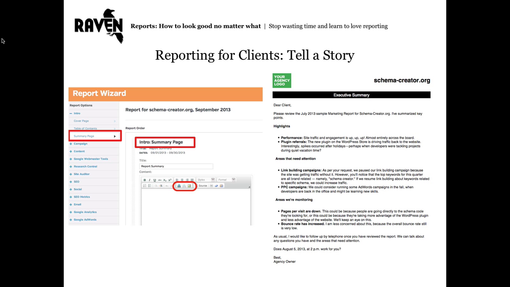You can add standalone summary modules like I did here on the screenshot on the left. And then there are also summary boxes within each data module you add in Reports Wizard too. So basically, these are your blank slate in Raven. You can do whatever you want here. You can give your client information like explanations about what you did, how you did it, observations, recommendations,